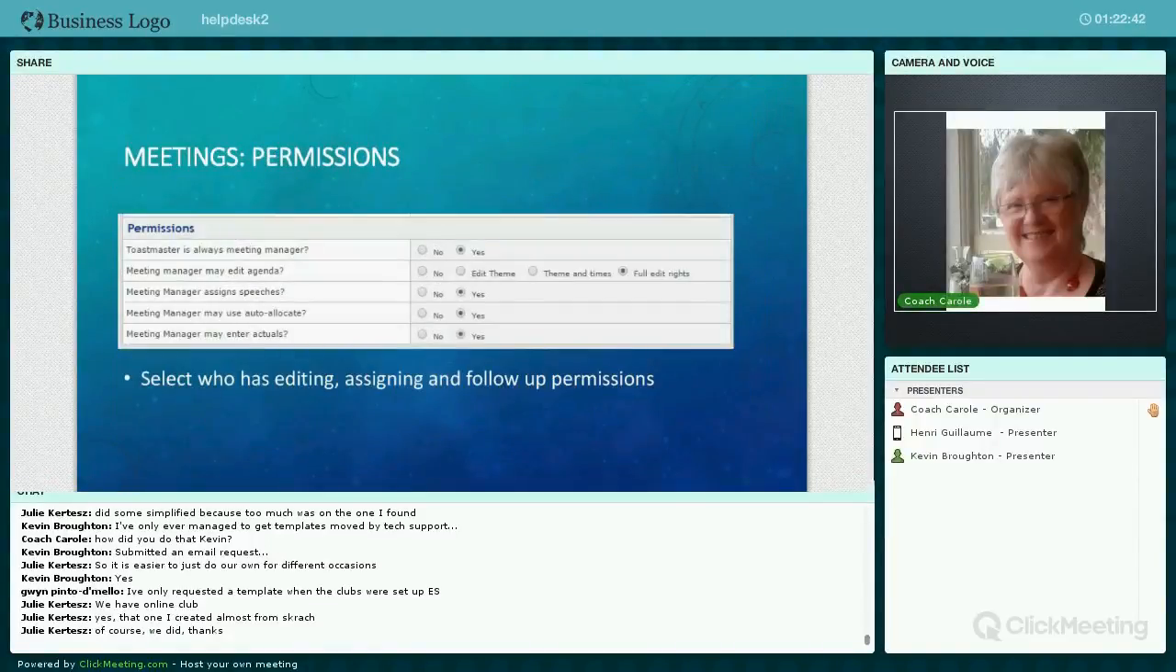Finally, meetings and permissions includes things like who has editing, assigning, and follow-up permissions. So you might want to explore that. For example, the meeting manager, who you might want to delegate some of those roles to. And there's all sorts of